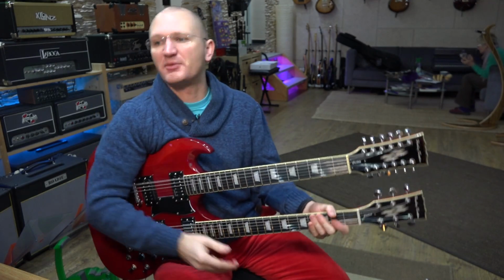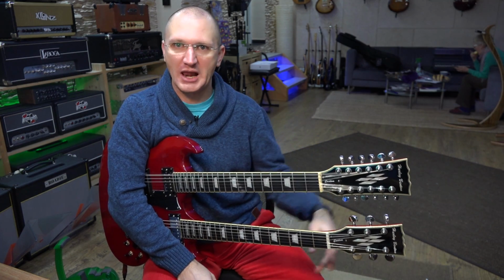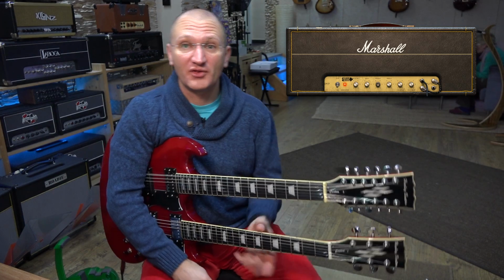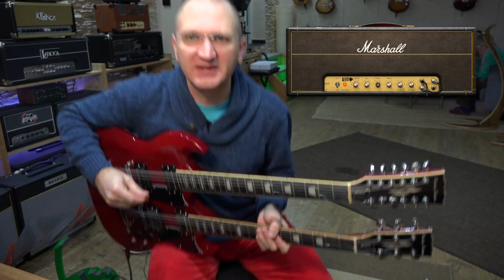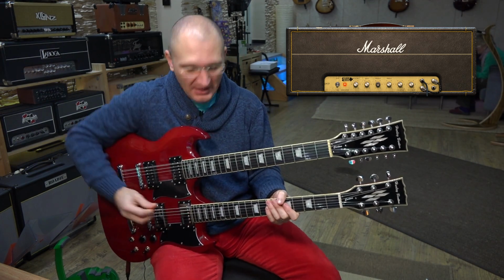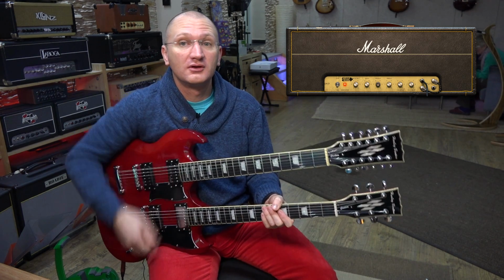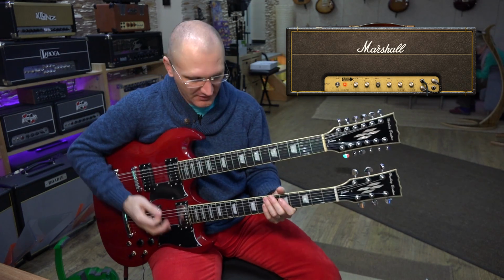So if you do this, by the way, I'm going through the Universal Apollo with the Marshall Plexi. With all the amps I have, I'm actually using a plugin because I don't have a Marshall. So for this, we need a Marshall. Probably the only Marshall that I'll ever get. So here we go, and that's really all you do. It's pretty difficult if you've never done it this way, but that way,